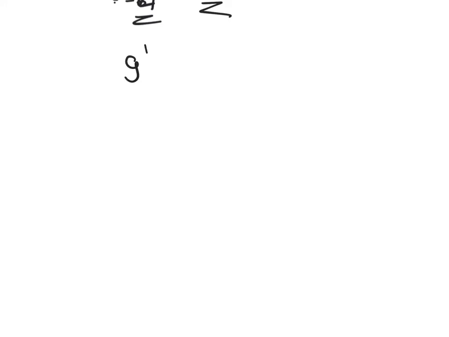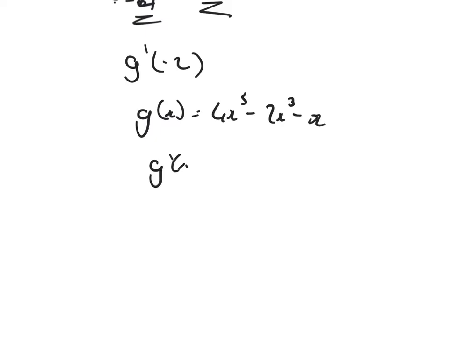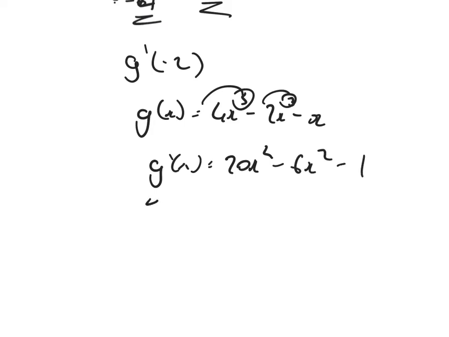Okay, this time find g dash minus 2. g of x equals 4x to the 5 minus 2x cubed minus x. So let's first of all differentiate. So that's going to be 20x to the 4 minus 6x squared minus 1, and sub in minus 2. So it's going to be 20 lots of minus 2 brought to the power 4 minus 6 lots of minus